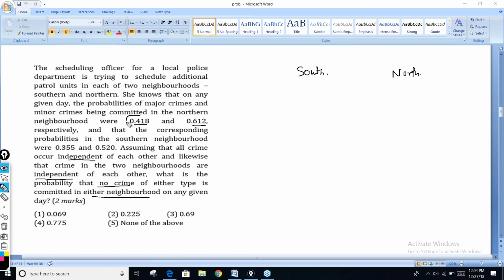So if the probability of a crime happening is 0.418, what is the probability that the crime will not happen? We'll subtract it from 1. So that is the probability for the northern region. So I'll subtract 1 minus 0.418, that the major crime did not happen, and likewise minor crime did not happen. So in the northern region, no crime has happened. Similarly in the south, no crime has happened, so I'll subtract from 1. And because all the events are independent of each other, the total probability that none of the crime has happened becomes